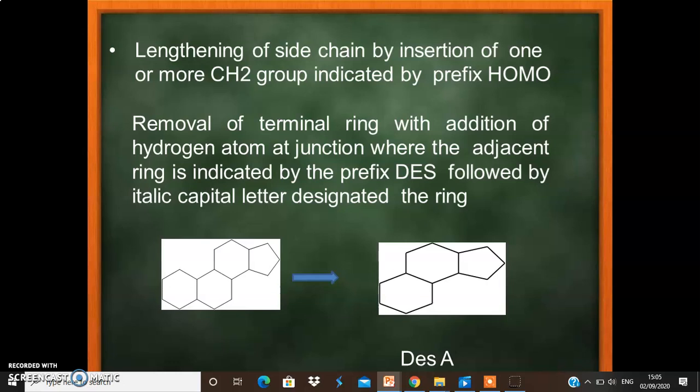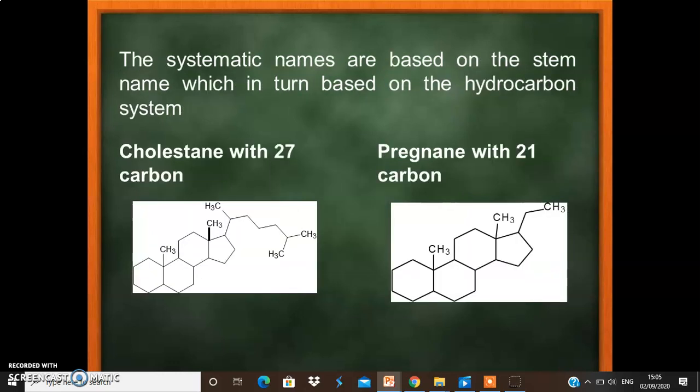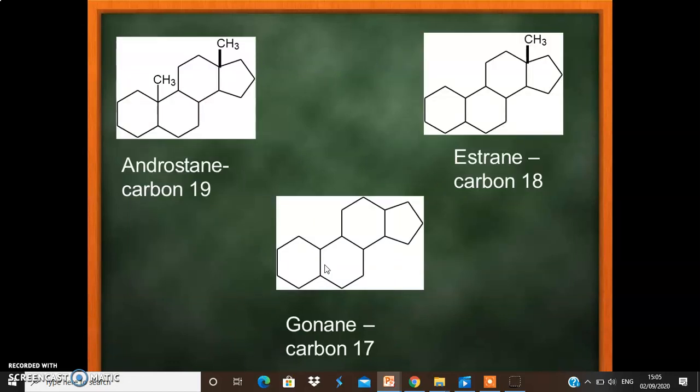Removal of a terminal ring, with the addition of a hydrogen atom at the junction where the adjacent ring is, is indicated by the prefix des, followed by the italic letter designating the ring. So here ring A is completely absent, so it is denoted by des A. Alternative applications are nor and homo in the above systems. The systematic names are based on the stem name, which in turn is based on the hydrocarbon system. So the 27 carbon is known as cholestane, 21 carbon pregnane, 19 carbon androstane, 18 carbon estrane, and